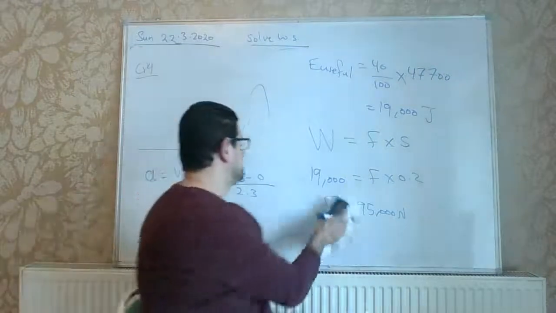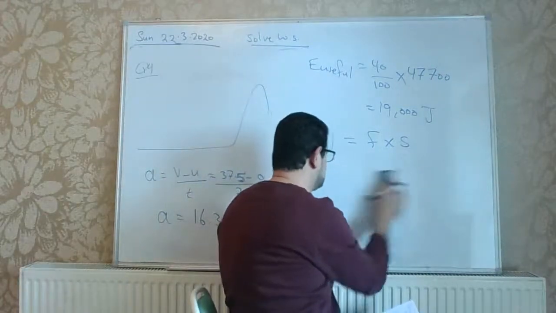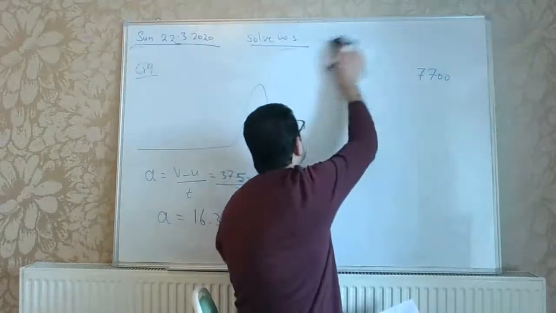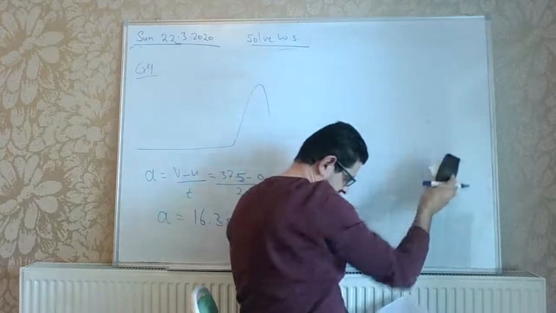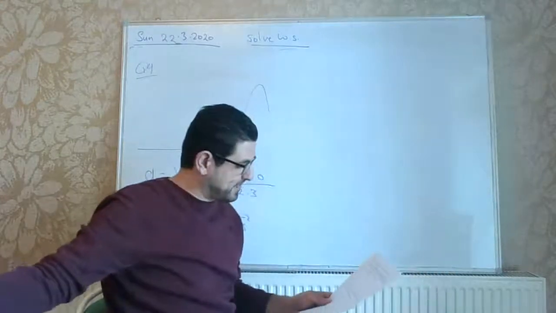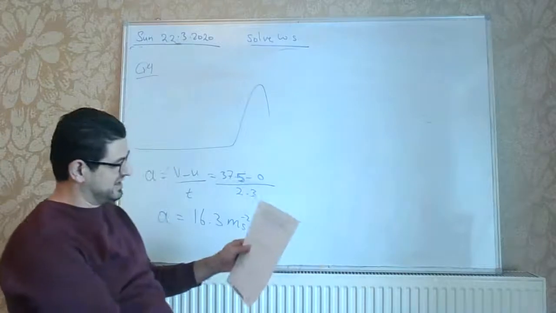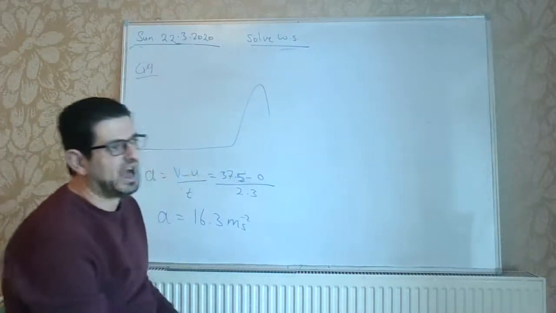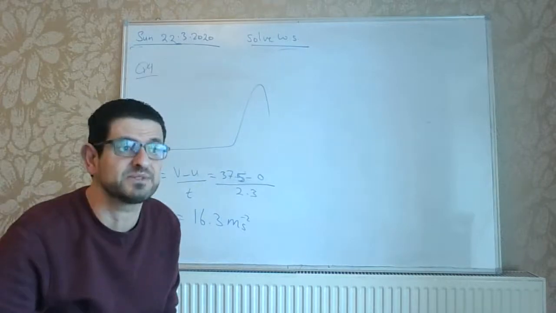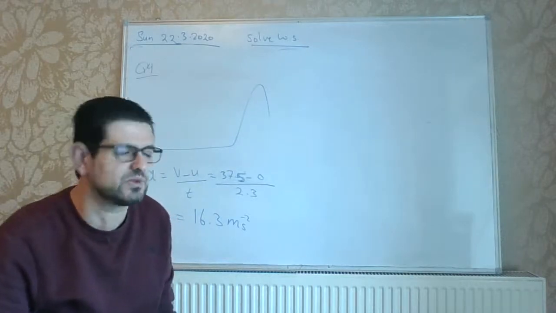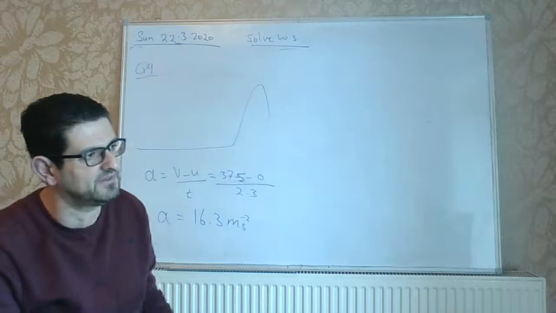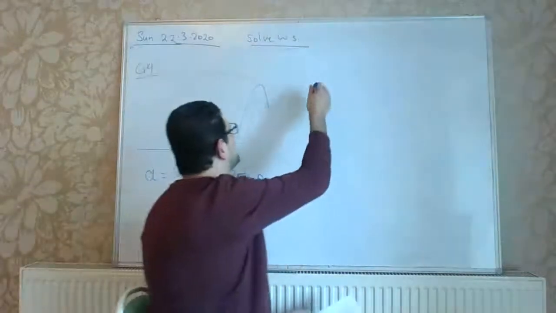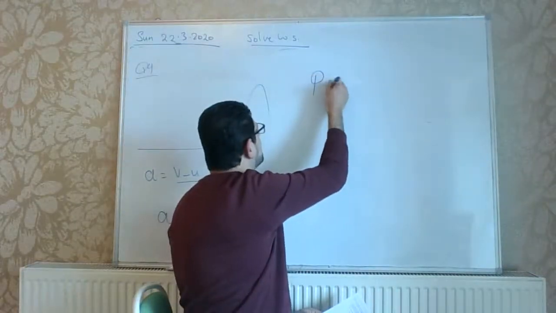Calculate the minimum average power which must be developed. Mass is this much. Average power, we said, is force times average velocity, but we don't have the force, and we don't have the average velocity, so let's not get into those. Let's say average power equals